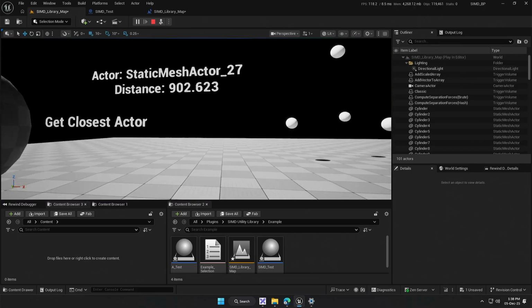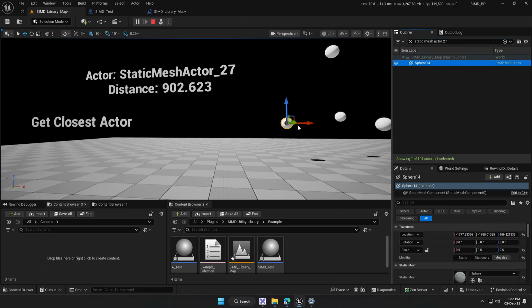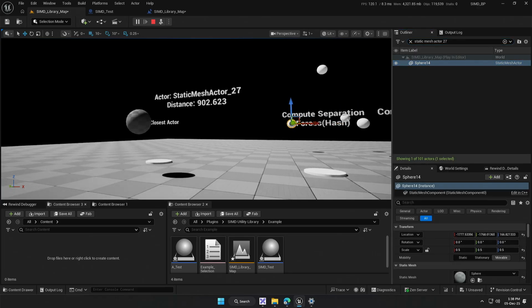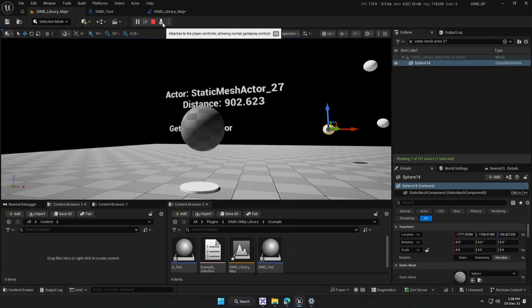So then what we can do here, just to check it, static mesh actor 27. So this is this sphere. From the spheres I selected in the level, this one is the closest one, and we can see the distance and which mesh it is. Then